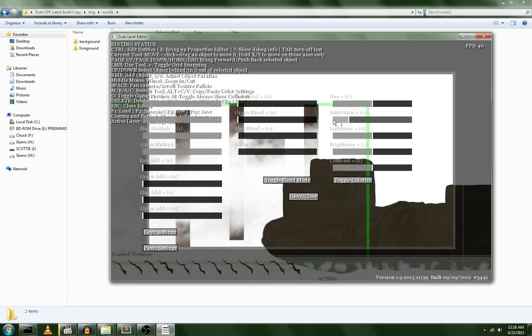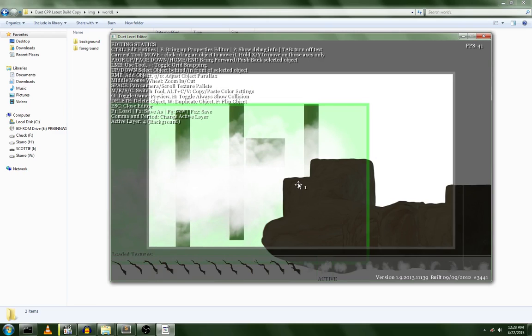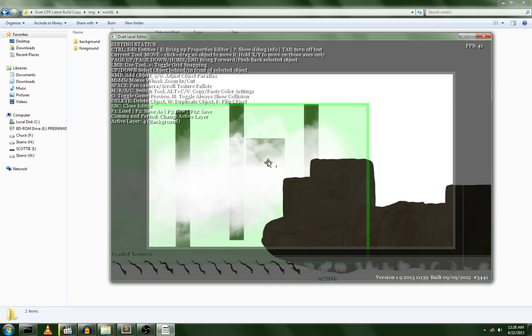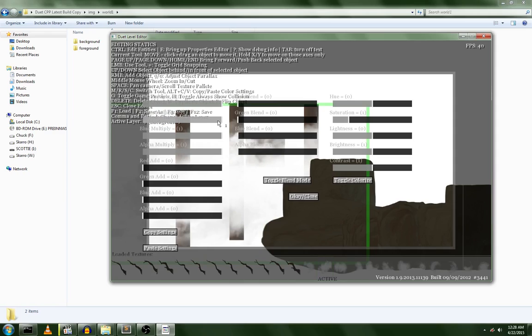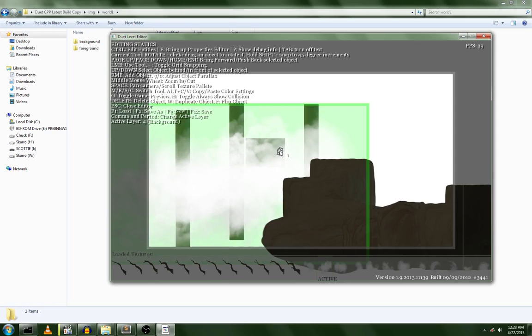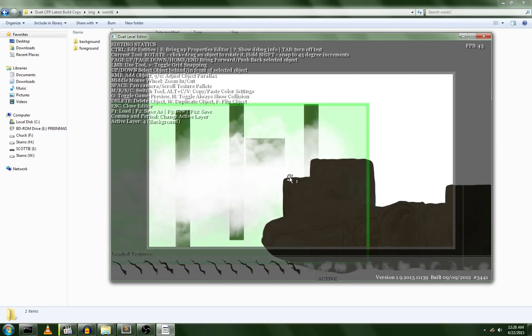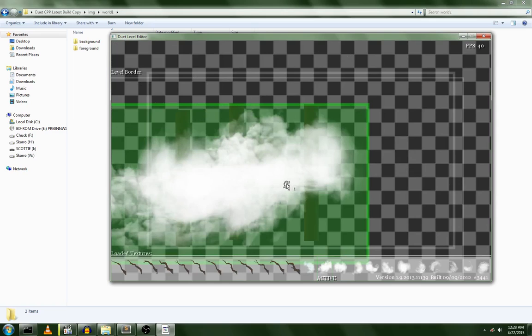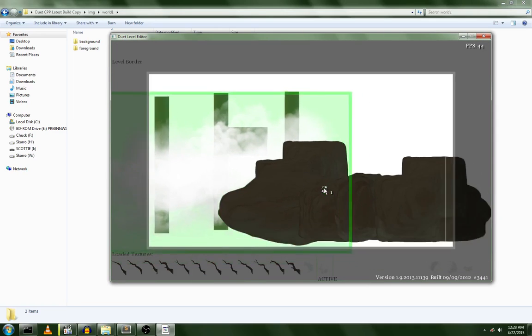I'm kind of rambling, but there's a lot of different things here. I keep bringing this up. This is E. Okay, so E, is that up here? Yeah, E is the properties editor, which is particularly hard to see in this view. Let me try going out of game view. Now, it's still hard to see. So let's turn off that, and